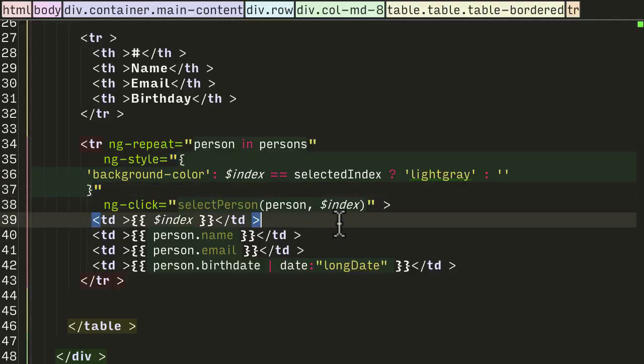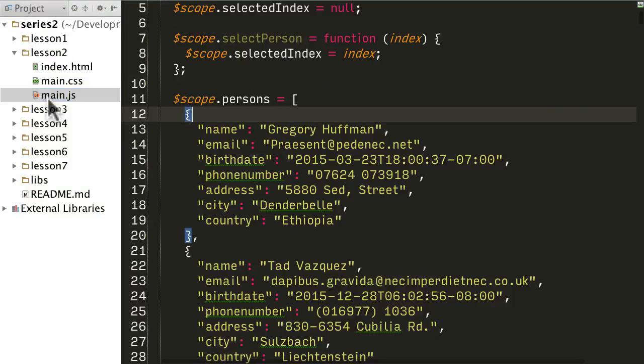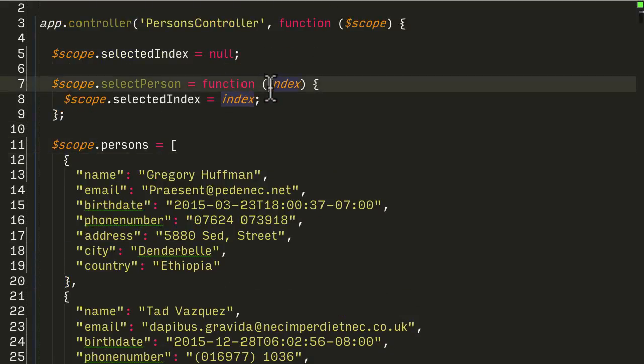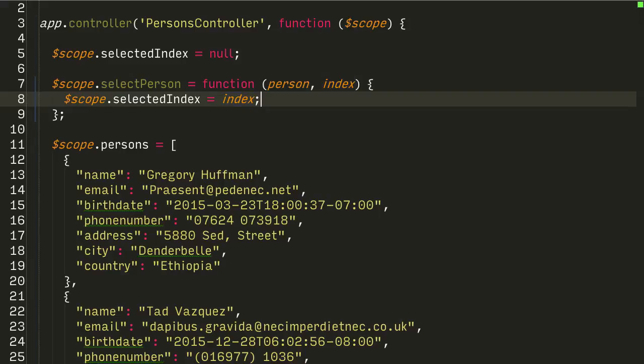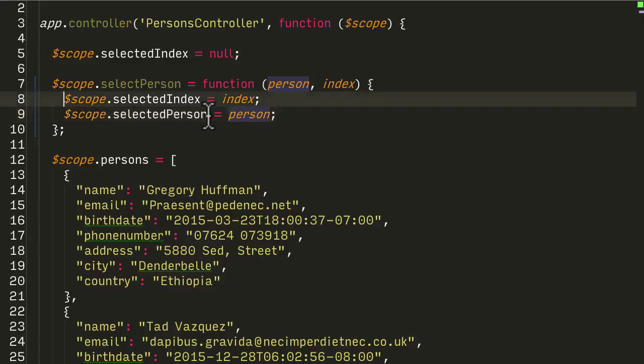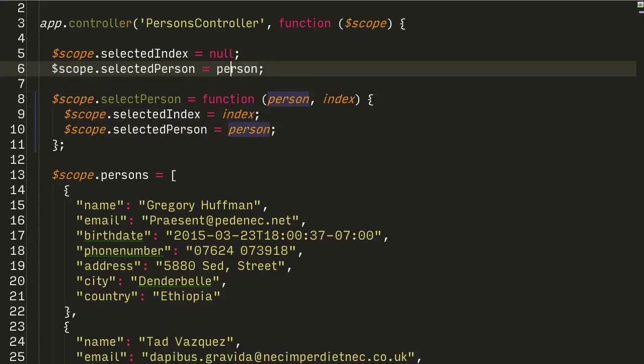So let's go into our main.js, go back into our select person function. We're going to pass in person now. And the same way we did selected index, I now want to have selected person. And I'm going to attach person to it. And I might as well just add it. Initialize it at the top. Okay, so now we have this selected person object that has the person attached to it when the user clicks